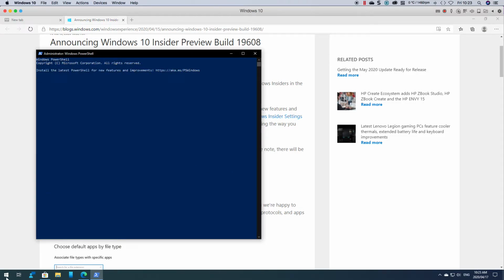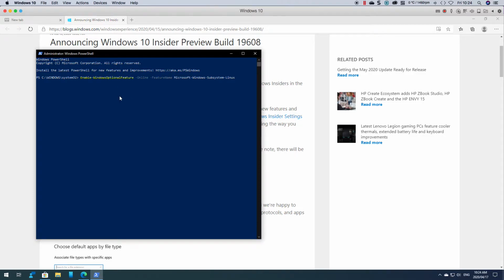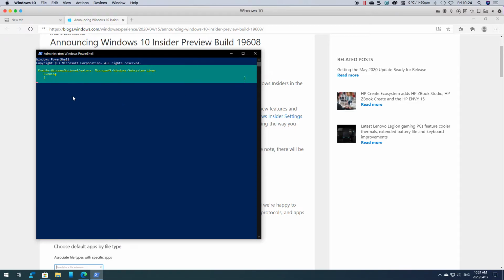If you right click on the start menu, you launch PowerShell elevated, and then you can paste in the command Enable-WindowsOptionalFeature -Online -FeatureName Microsoft-Windows-Subsystem-Linux, and press enter. It will then go and run its command,